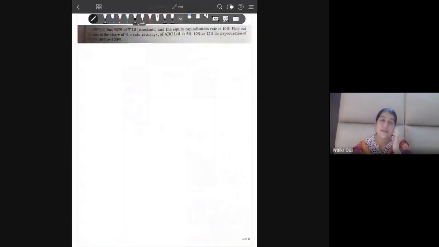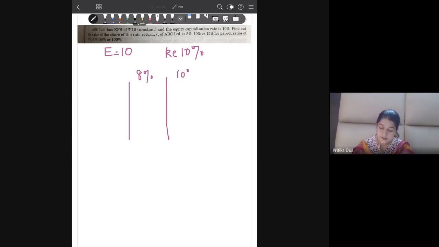Okay, a company has an EPS of 10 rupees. Cost of equity आपका 10% है. Okay, EPS is 10 rupees. Cost of equity 10%. और आपको तीन केसेस दिए हुए हैं रिटर्न के at 8%, at 10% and 15%, and your R is 8, 10 or 15, and the dividend payout ratio